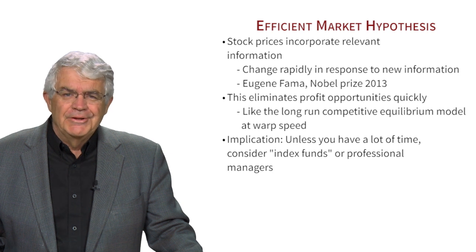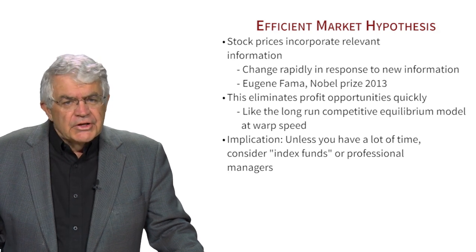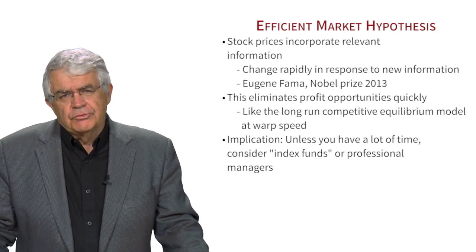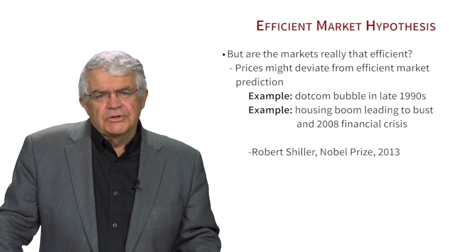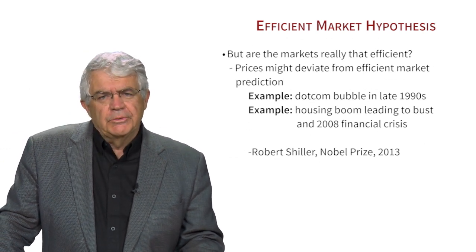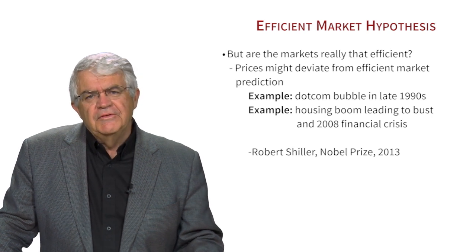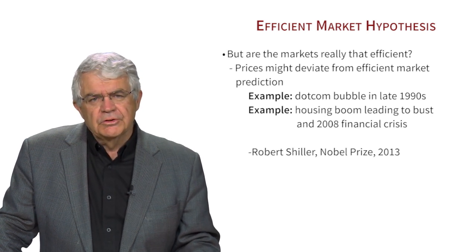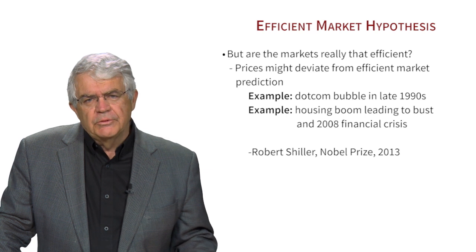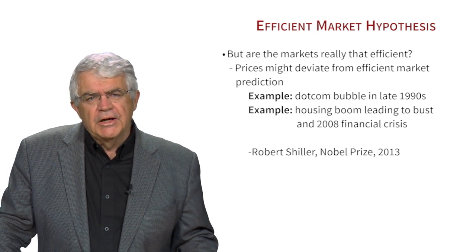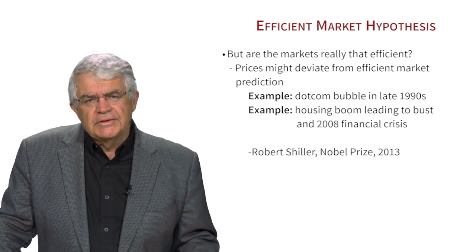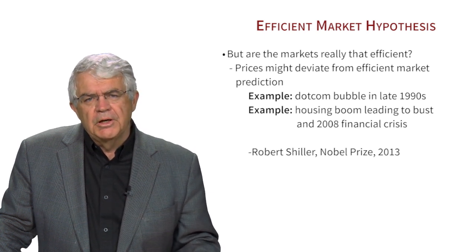It's very hard to beat the market, especially if you're doing other things and you have another job or you're in school. There is an issue about how efficient markets really are. Are they really efficient in the way just described here? We've given evidence for it, but there is evidence that sometimes they seem to deviate from this efficient market prediction. And one example of that was in the late 1990s in the US, where the price of high-tech firm stock rose dramatically. It's sometimes called the dot-com bubble.